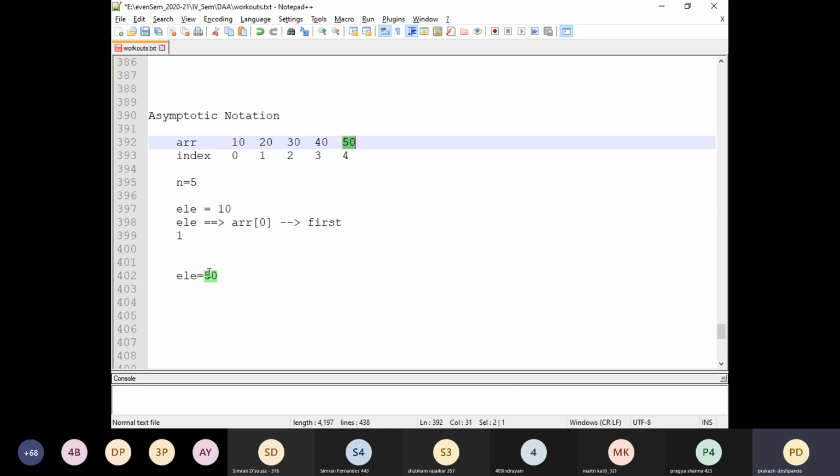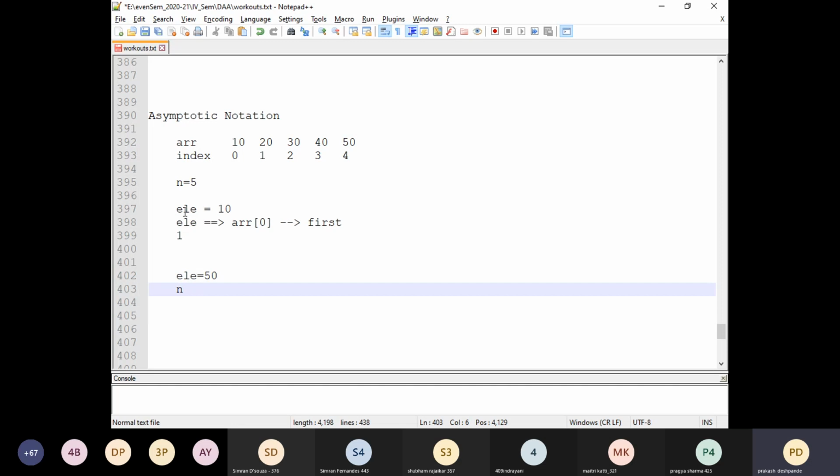So what will happen here? The search will become successful, but what is the time complexity here? The time complexity has become n. N in the sense there were 5 elements and 5 times we compared every element, and we continued up to the last element. Then the search became successful. The algorithm has given us a result, but in order to give this result, it iterated n times.